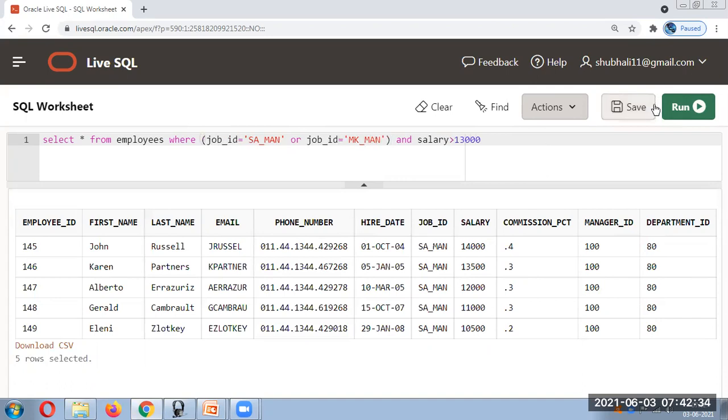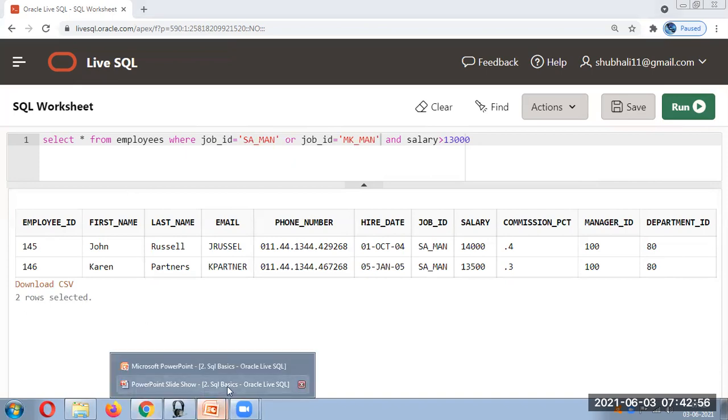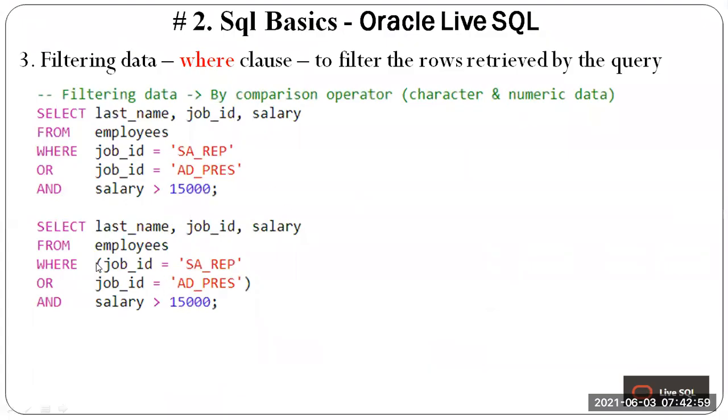If you put a condition like this, first salary it will check because the AND condition is there, and then only any one of them will make a difference. We can put a restriction with the help of brackets, what we want first and what we don't. The result will differ if you want this to take place first. So this is all about filtering.